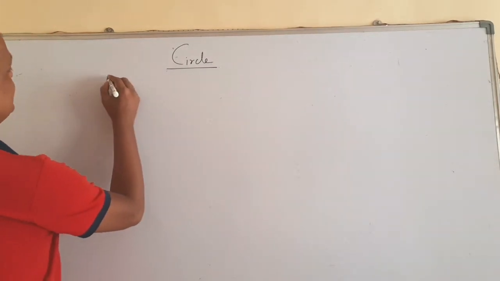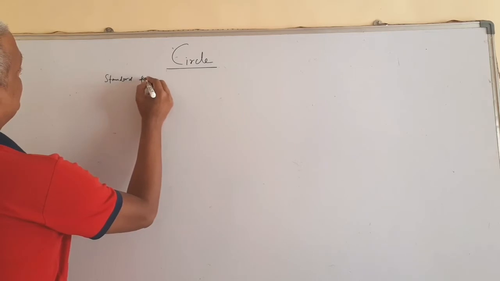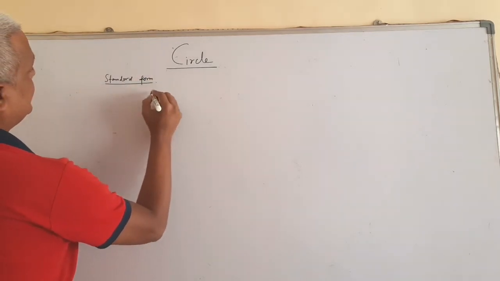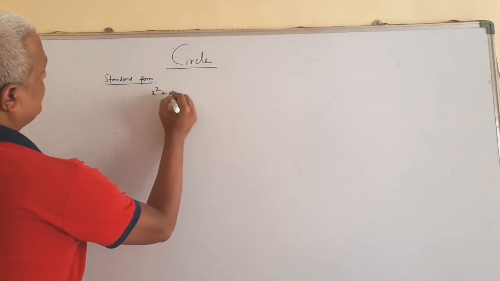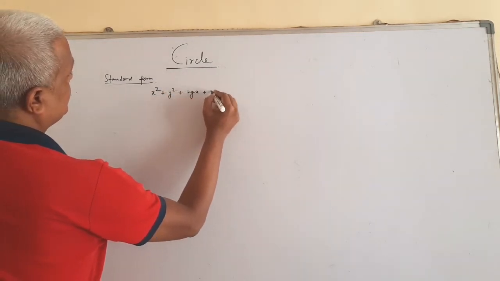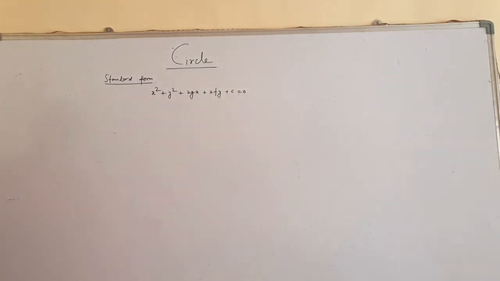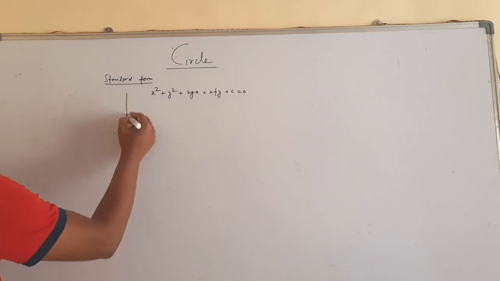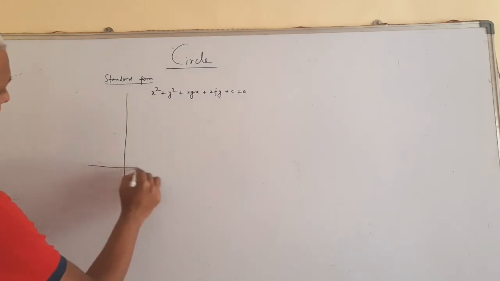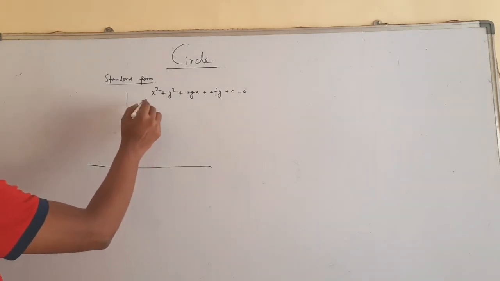The general form of the circle, also called the standard form of the circle, is always written as x square plus y square plus 2gx plus 2fy plus c equal to 0. Now just assume this is a case. This is my circle, and if this circle